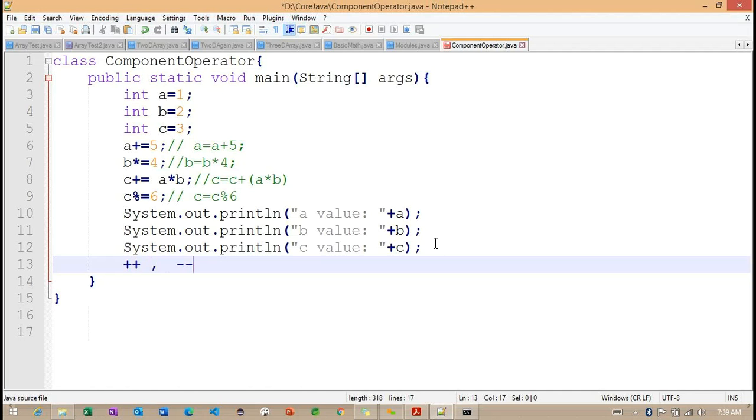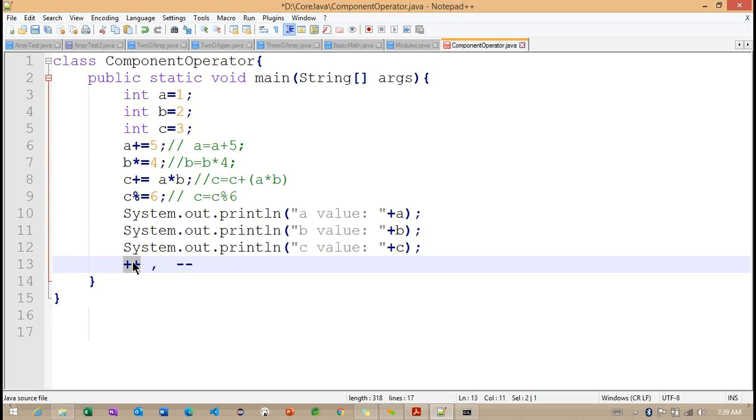Plus plus, we'll call it an increment operator. So minus minus, we are going to call a decrement operator here. So this particular increment operator is going to increase the expression's value by one here.